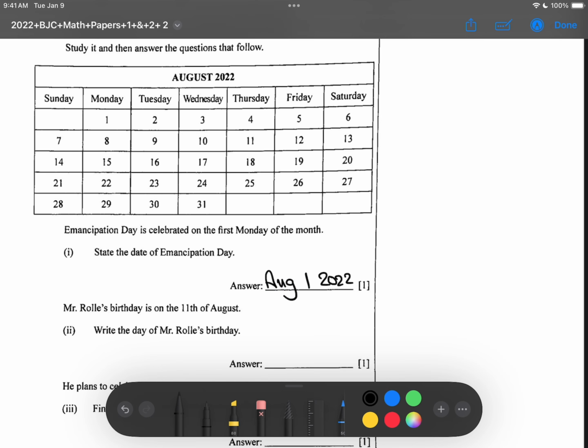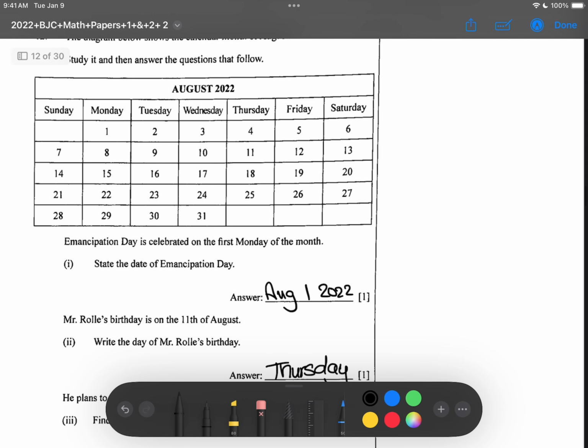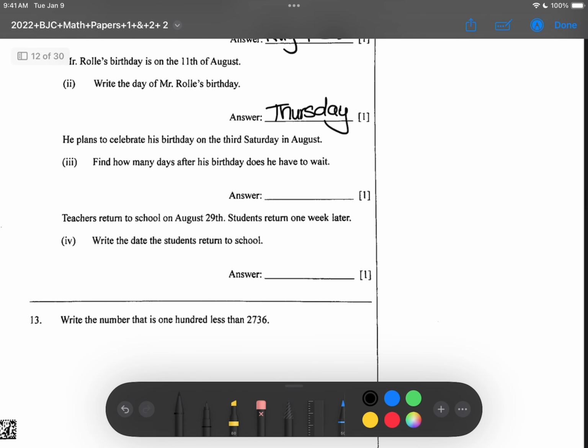Mr. Rowe's birthday is on August 11th. Write the day of his birthday. This is the 11th. The day would be Thursday. He plans to celebrate his birthday on the 3rd Saturday in August. This is the first one, second one, third one. So it would be